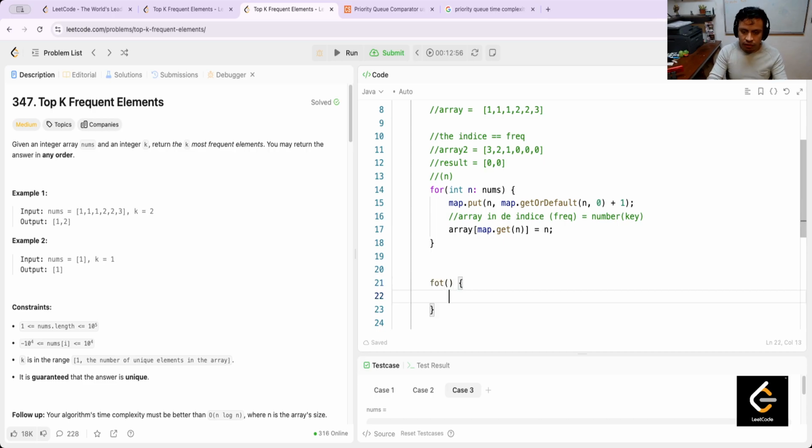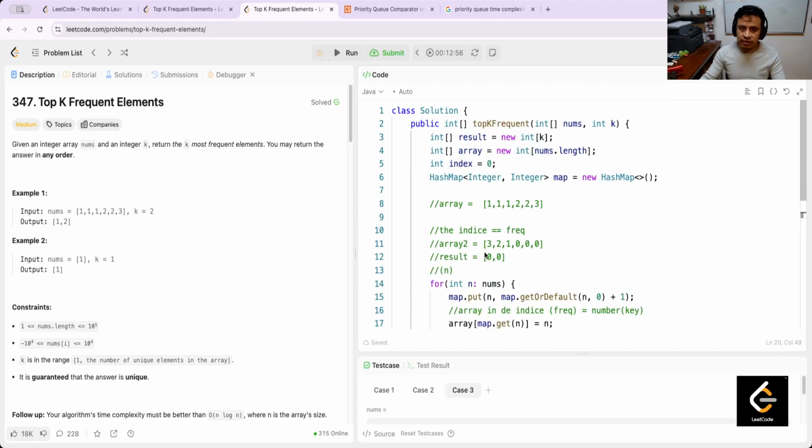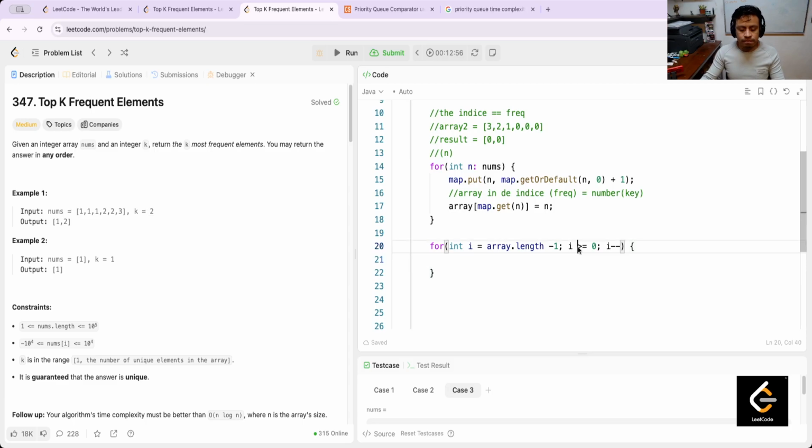Now for int i equals array.length minus 1, while i is greater than or equal to 0, i minus minus, and